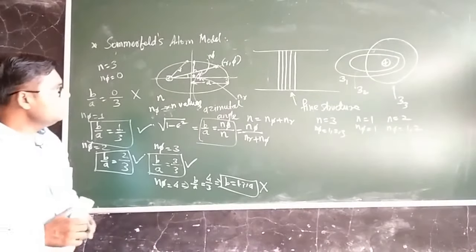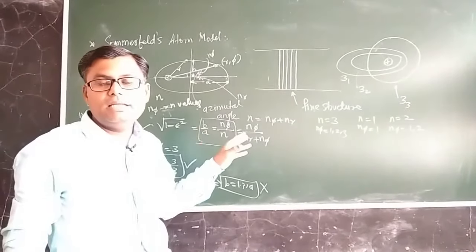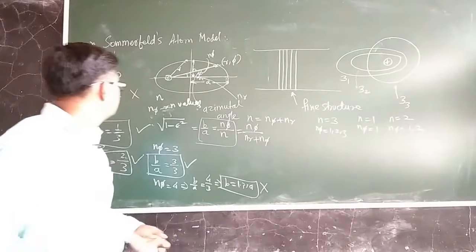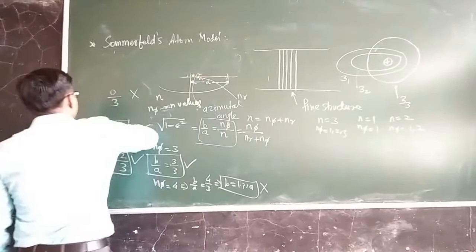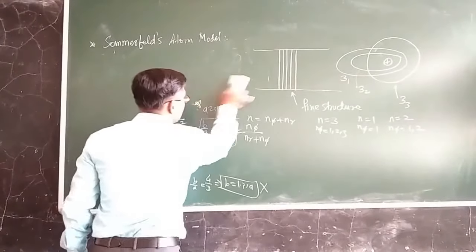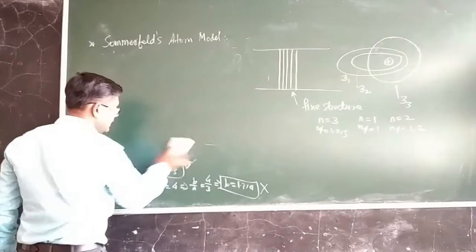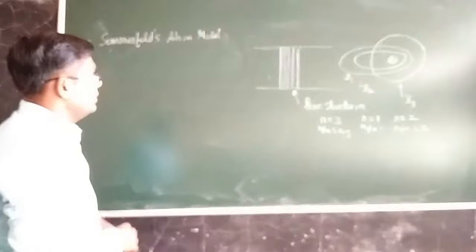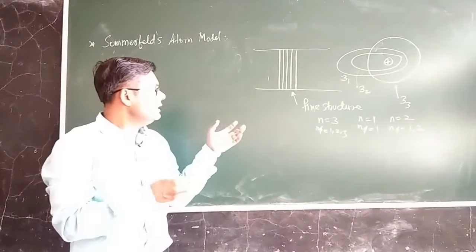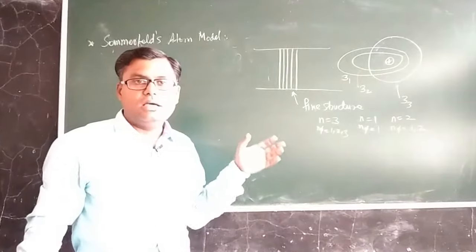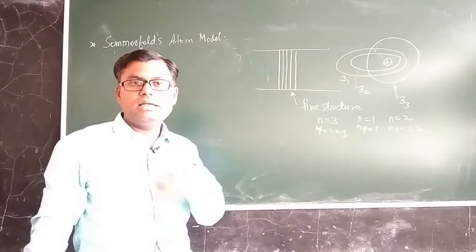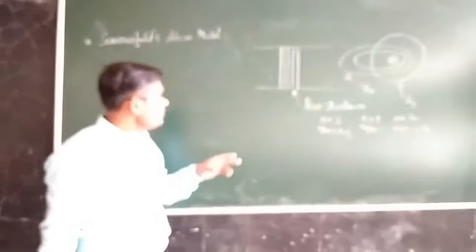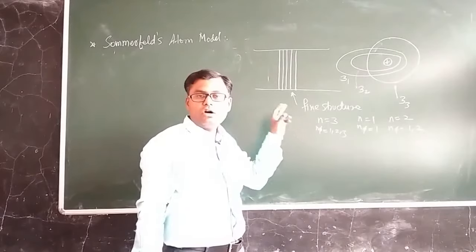Okay, now how does this particular concept explain the origin of the fine structure of the hydrogen spectrum or the fine structure of the H alpha line? So you see how we can explain now, because whether this theory is correct or not will only be decided by the proper explanation of the fine structure of the H alpha line. So in summary, what is the statement of Sommerfeld? According to Sommerfeld, the electron revolves in an elliptical orbit, and if the electron revolves in the elliptical orbit, there will be n values of orbits possible.